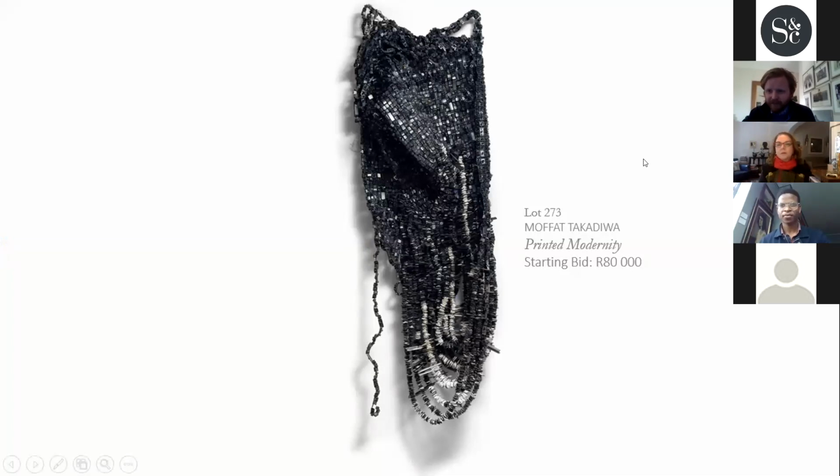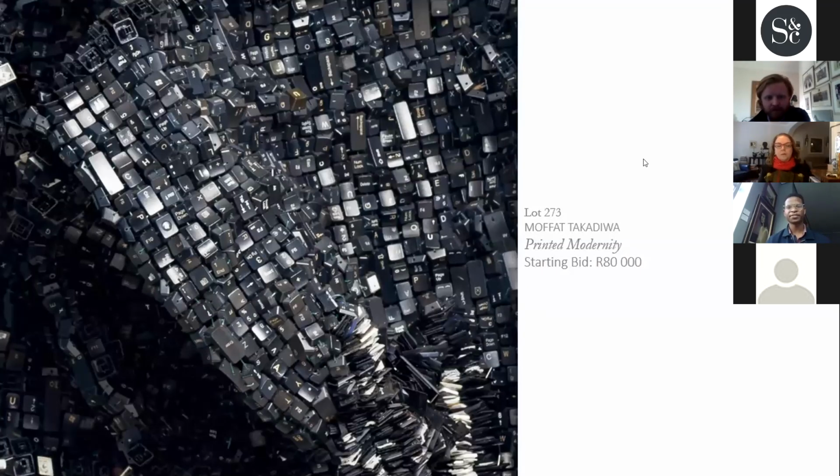Yeah. So this sculpture, this present lot, is by Moffat Takadiwa, a Zimbabwean artist, and he currently works and lives in Harare. And he uses found objects and waste materials and turns them into something completely new. As you can see here, we're looking at computer keyboards, which he then wove together and formed his new